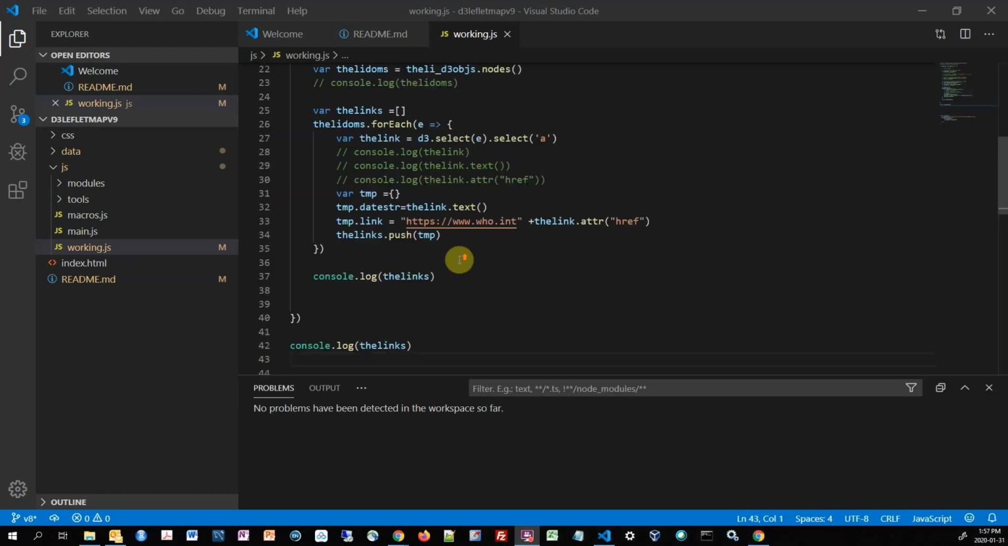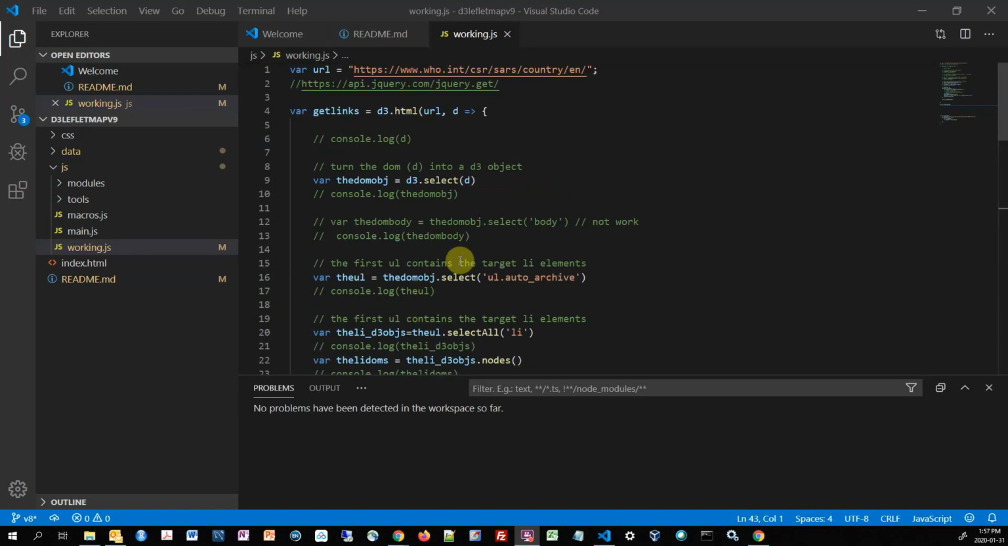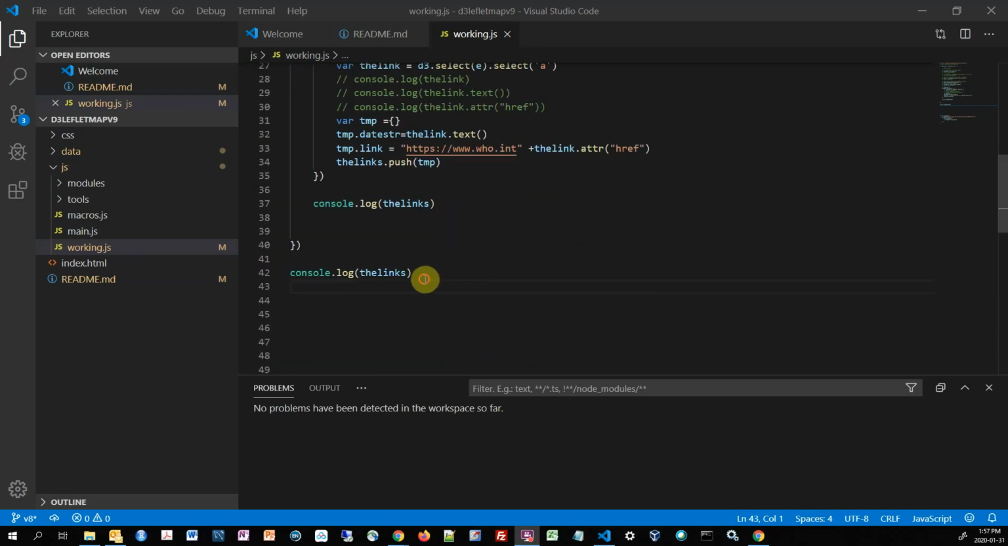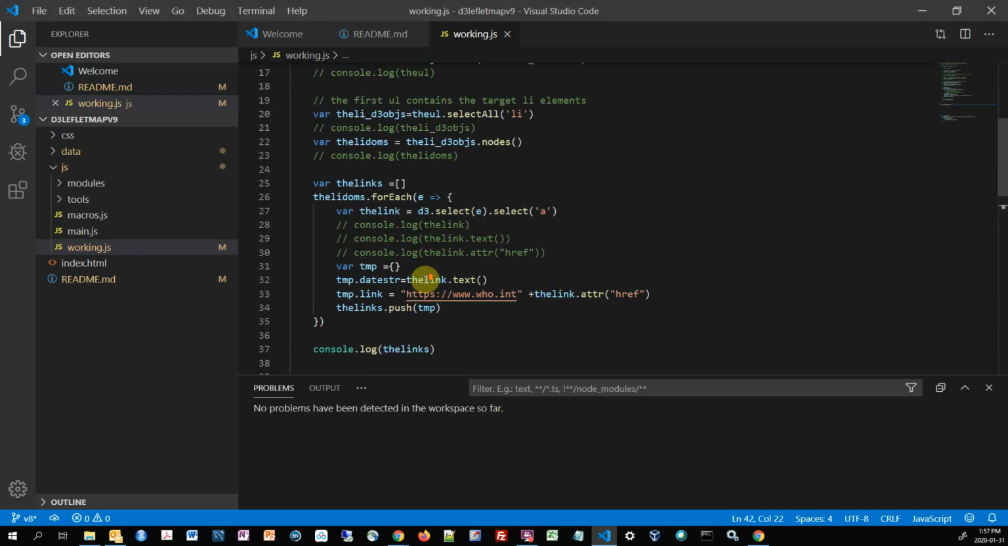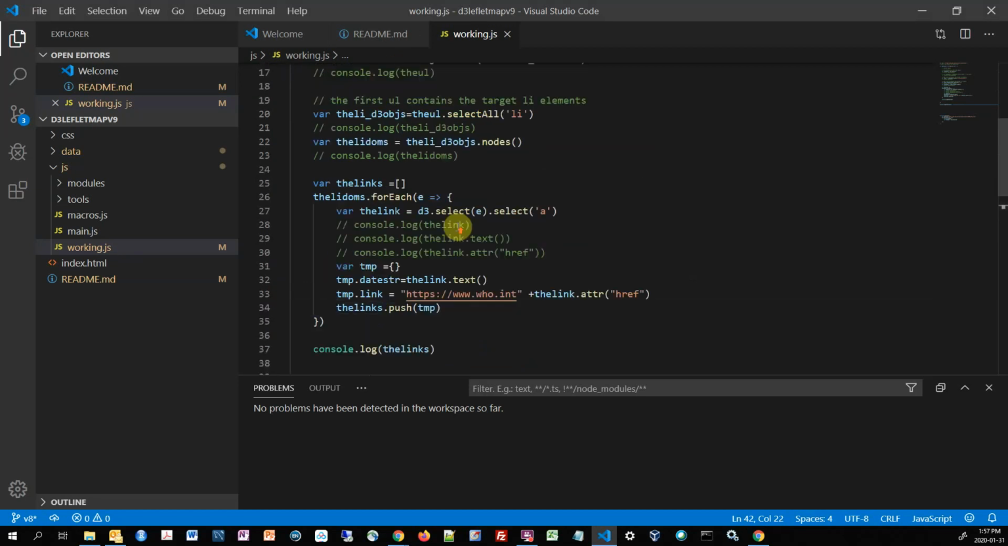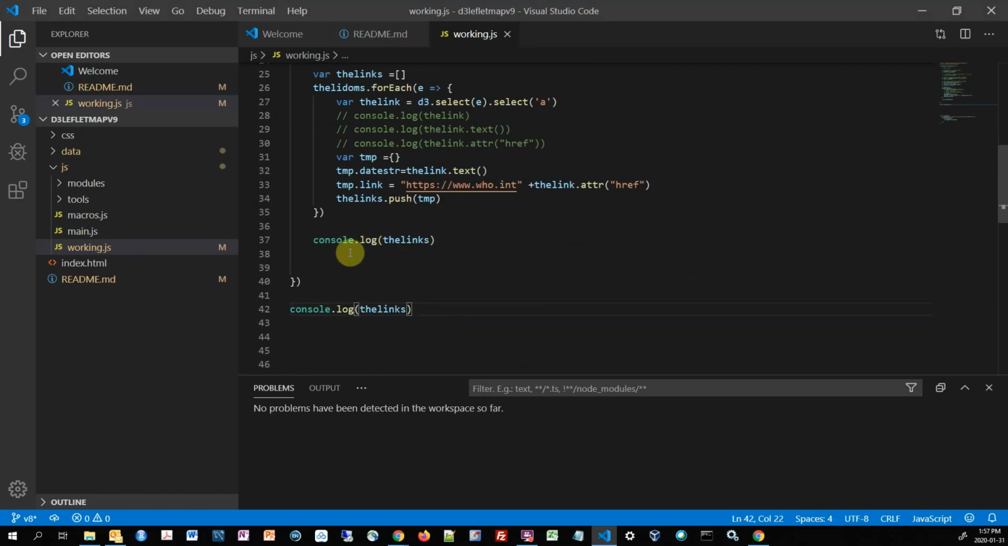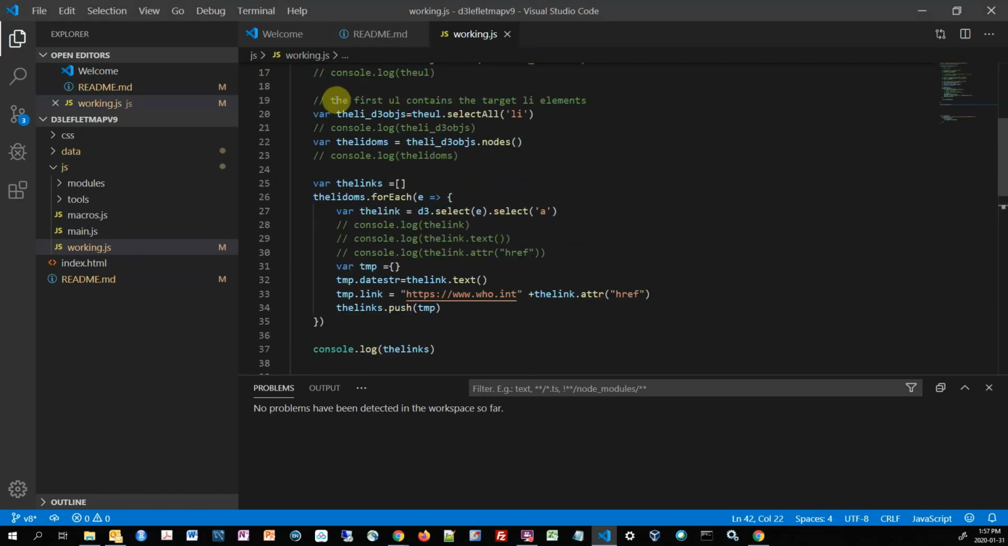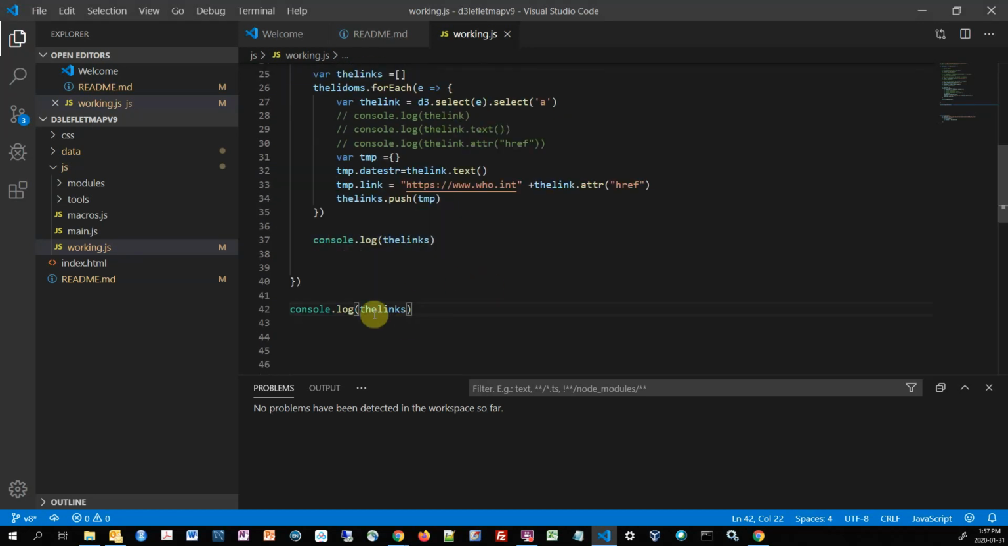So the async issue: this one is going to be executed without waiting for the contents here, whereas this one is going to wait for all the things to be loaded. So we won't have anything here. So all the operations around the contents of the links have to